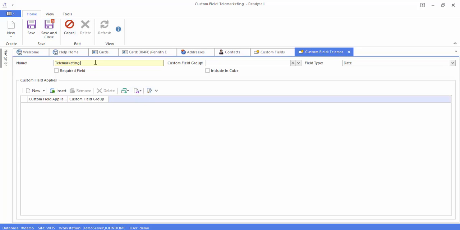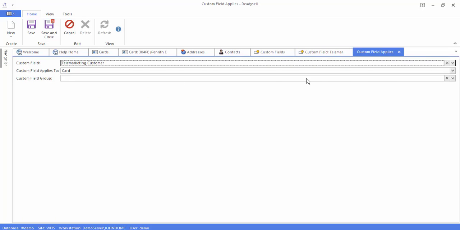You could use this for things like customer gets printed catalog, those kinds of things as well. Anything where you just want to record another bit of information. And let's say this is going to be just another true or false, and we're going to say that this telemarketing customer property applies to cards. Now we go and save it,